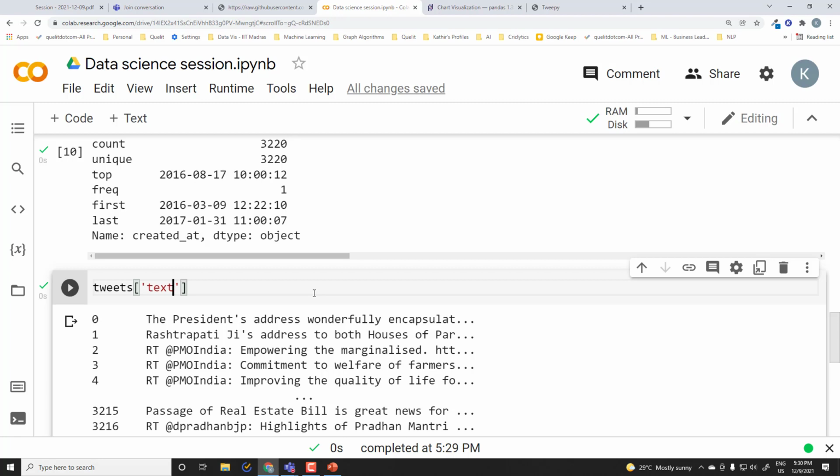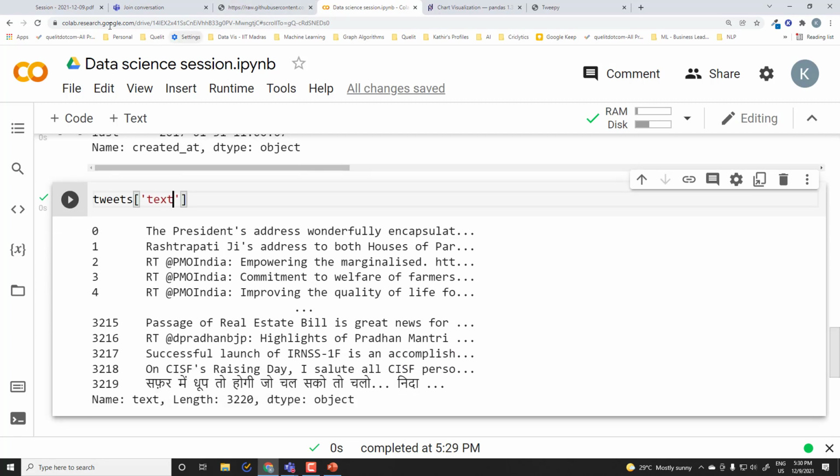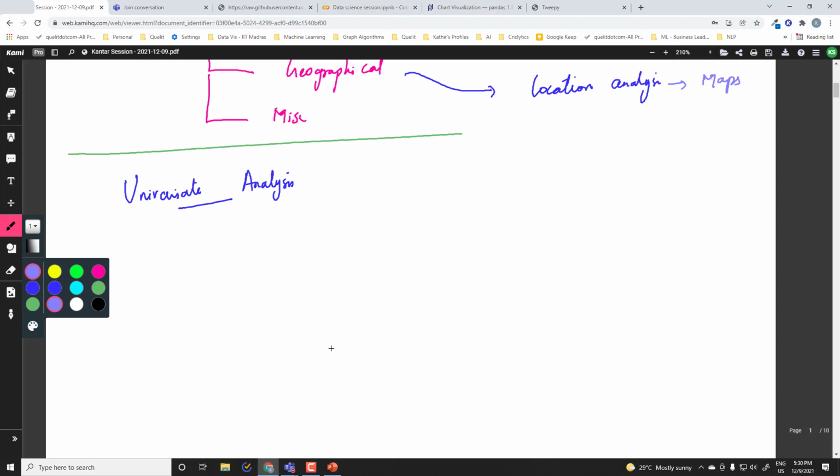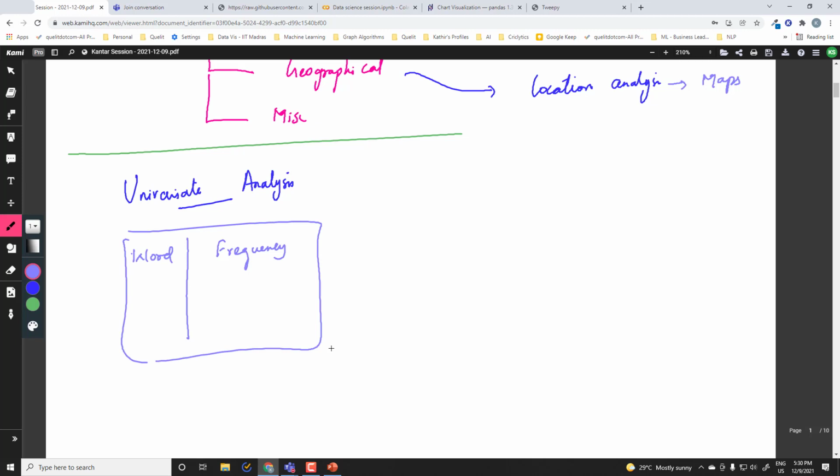So typically we start with something called a word cloud, wherein what we do is we take up each of the words, calculate its frequency, and then let's take the word, let's take India, repeats around 1000 times in this particular Twitter profile.